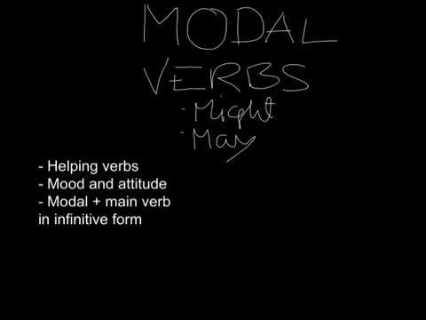There's a big difference between saying I may go to the party, I might go to the party, I would go to the party, or I should go to the party. So modal verbs help express mood and attitudes of the main verb. Also important to know is that it always precedes the main verb. The modal auxiliary verbs are always followed by the main verb, and the main verb is in infinitive form. So it's not possible to conjugate the main verb.